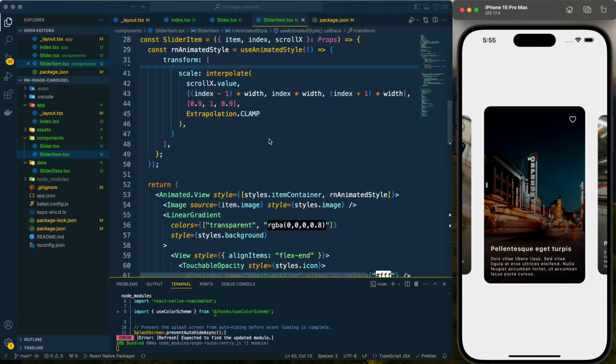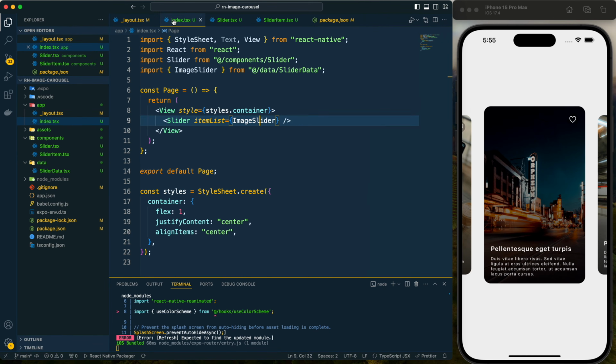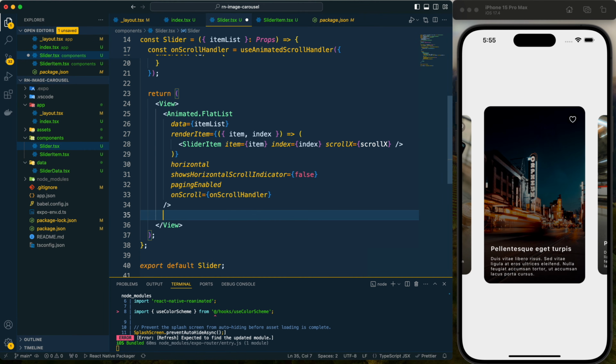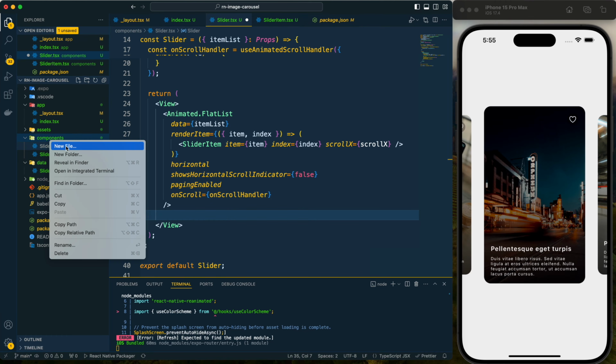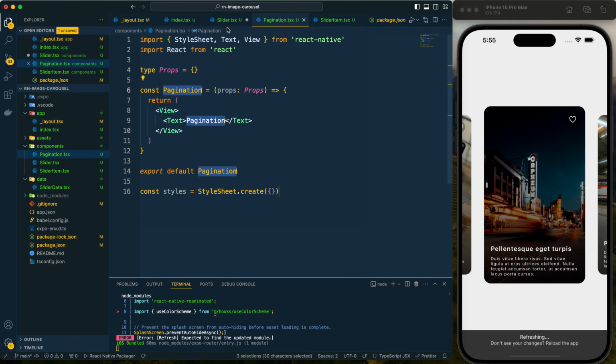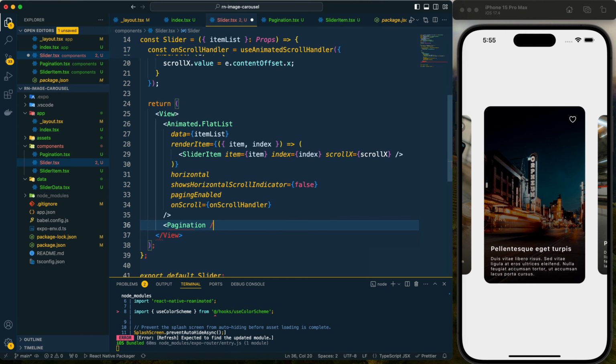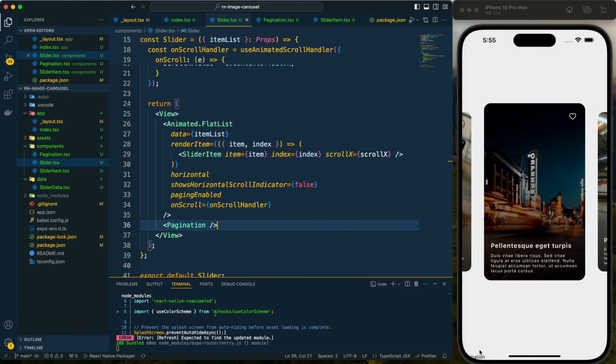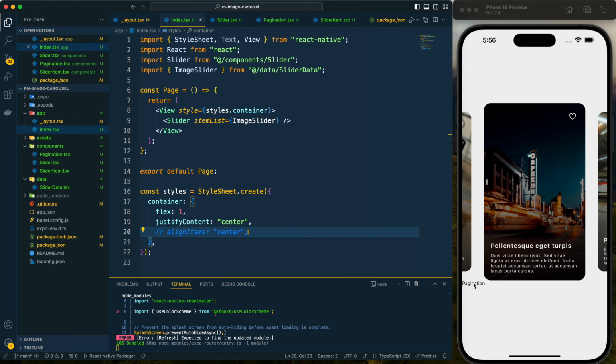Now we need to create the pagination, and for that here we need to provide the pagination, and let's create that component first. So here let's provide the pagination, and here we can see the pagination text. So here it is.